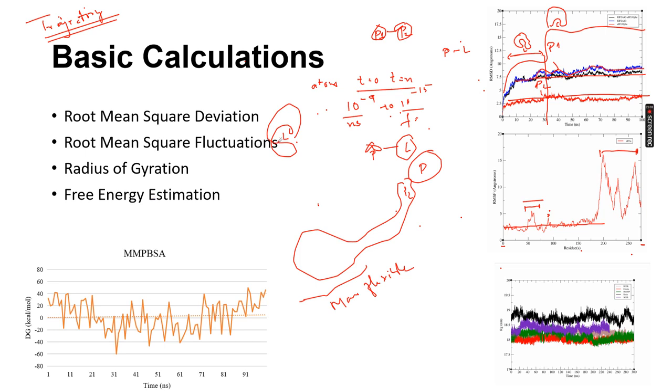Another most important parameter that we have discussed in docking is binding affinity or binding energy. Here also we calculate binding energy, but we calculate for every frame. So it's like every nanosecond, or you can calculate in more detail also. You can see here this is the energy change with respect to time from 1 to 100 nanoseconds. Okay, so here you can see there is a huge fluctuation in the